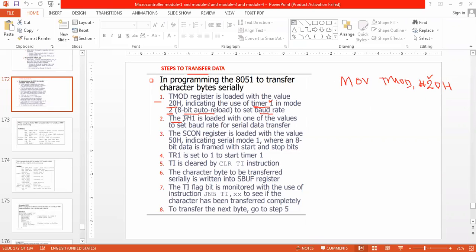Now TH1 is loaded with one of the values to set the baud rate. We have seen different baud rates: -3, -6, -12, -24, -48, correct?